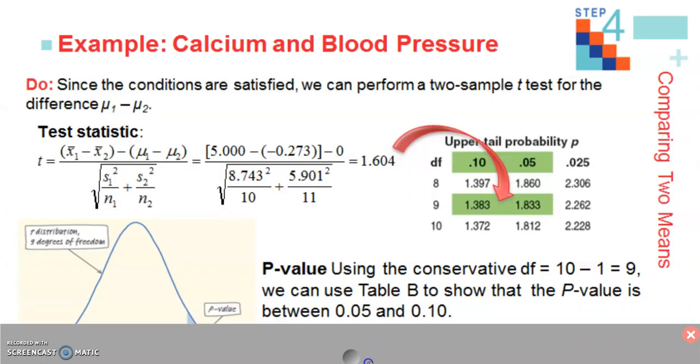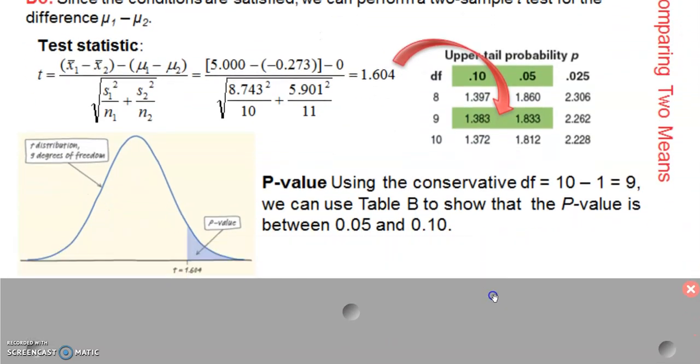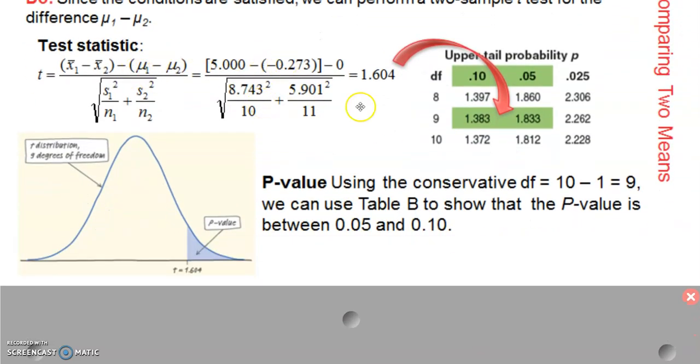So if we're using our table, it looks like this. So we plug the numbers into this formula, get this test statistic, look it up, and we find that it's degrees of freedom of either the smaller of 10 minus 1 or 11 minus 1. So I'm going to use the smaller of 9 or 10, so I use 9, and I look for a test statistic that's going to be in between these values, which means I know the p-value will be in between